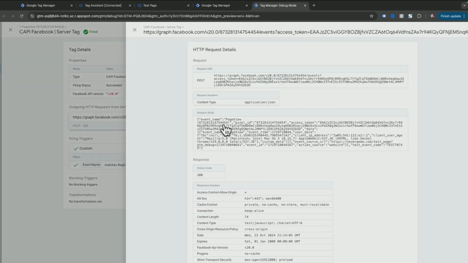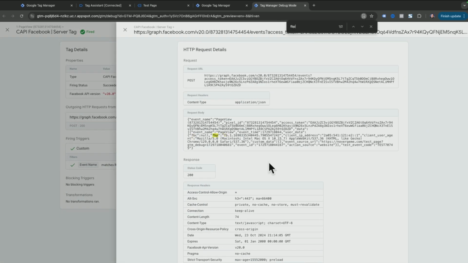The FBP is the user's browser ID, which is automatically set for all users. In the same line, we can see the FBC parameter, but it doesn't have a value because FBC is the click ID from ads in Facebook Meta services, and this parameter is only assigned to users who arrived on your